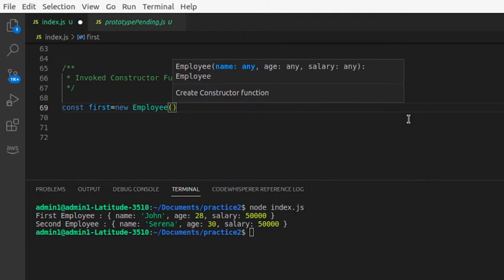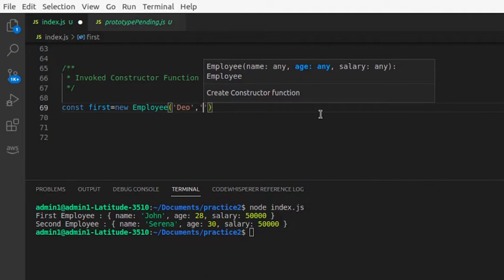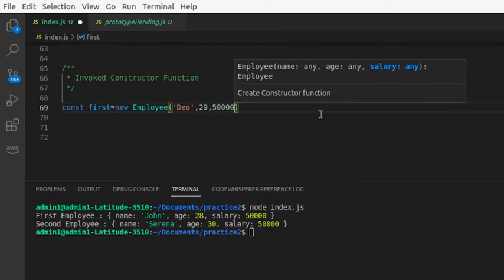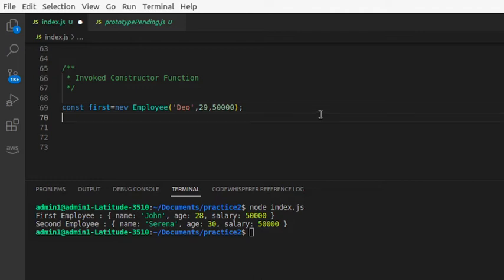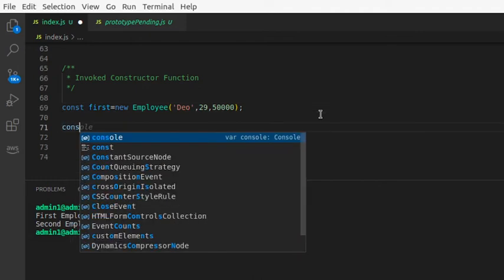And here we need to pass all three parameters. The first one is the name. So I am passing here the name, that will be DO, and his age will be 29, and his salary will be 50k, right? And if we are going to print